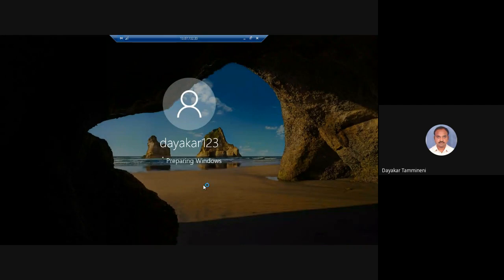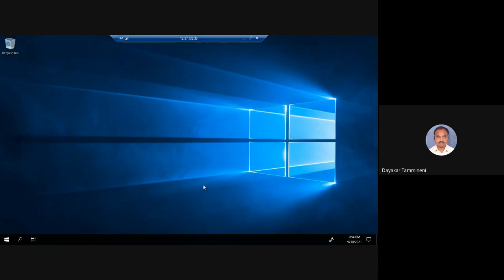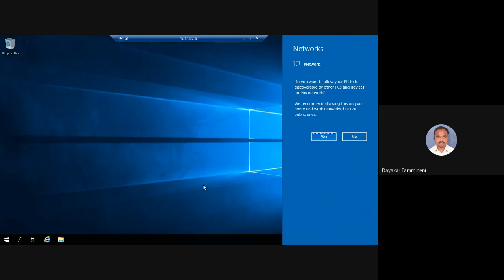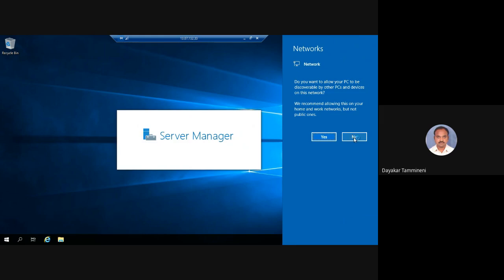Okay. Each virtual machine is identified by a public IP address. What is that public IP address? You can see the IP address, 13.87.132.33. Now whatever you are seeing, this is not my personal computer's Windows operating system. This is the Windows operating system which is located in the West US data center.